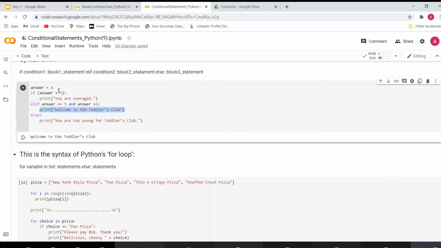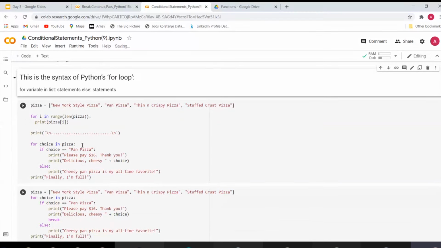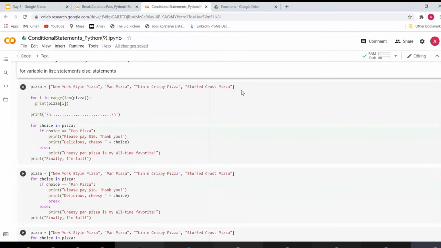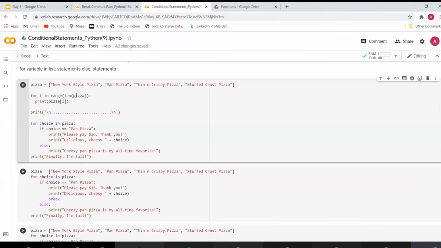Now this was a simple conditionals example. Now let's take a look at the loop. What we have over here is a list. A list is a sequence, an iterable. So, the first type of loop: you can use the range function, or you can directly iterate over the sequence. If the index of the element is important to you, you would go with the range one, and if it is not really important, you would go with the normal for loop.